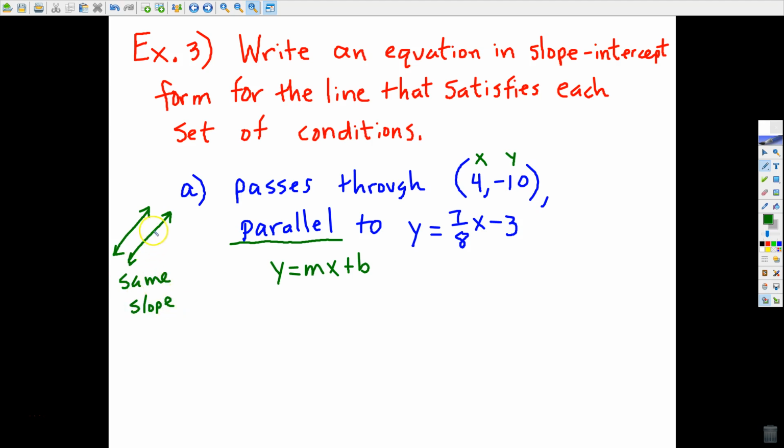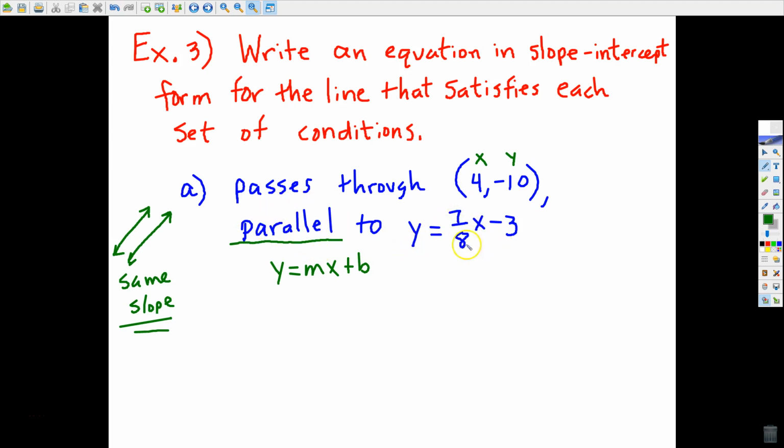Okay, same rate of change. This line, if it had a slope of 6, this line would also have a slope of 6 if they truly are parallel. Okay, very important. So the reason for giving you this equation, in addition to saying that these two lines are parallel, is